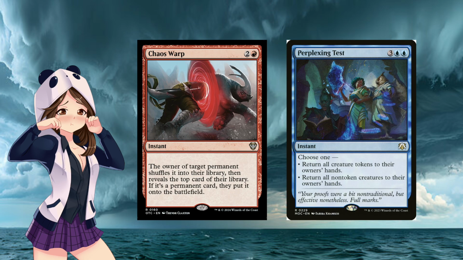Chaos Warp and Perplexing Test serve as removal. Chaos Warp removes a single card and potentially replaces it with another that's hopefully less dangerous, while Perplexing Test offers you a choice. You can return all creature tokens to their owner's hands, or return all non-token creatures to their owner's hands. You probably aren't going to have as many token creatures on the board as you will non-token creatures in this deck, so you'll probably be using the first ability most often, but whatever the case, it's massive removal